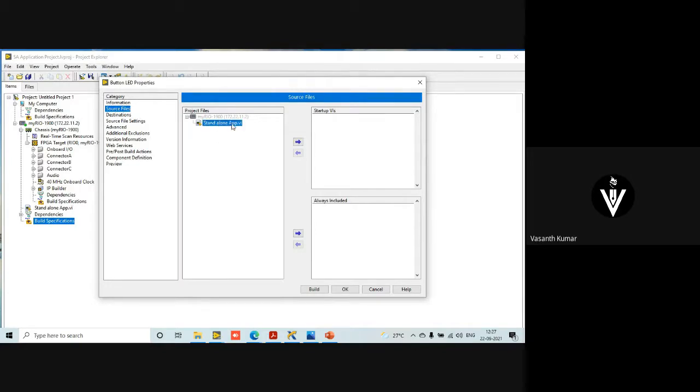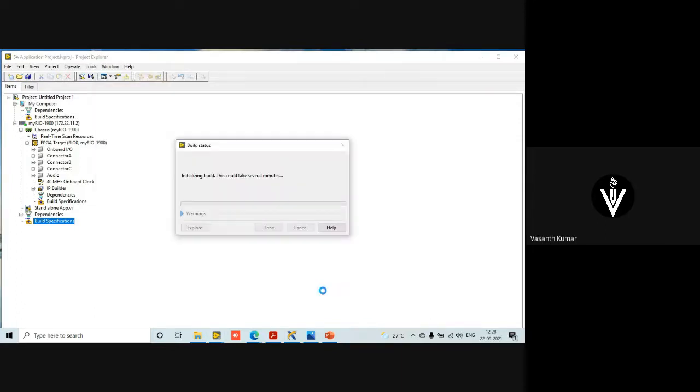So I want this standalone application VI, where inside I have a button and an LED application, right? So that I want to be a standalone. So I'll just push it inside, just see there. I'll click on this, push it inside. I want to take it out, click on this, push it out. I'll click on this and push this into a startup VI. All right. If you have any other subprograms or modules involved, just include them here. Right now, I don't have anything as such. So I'm only pushing my actual application into this, and I'm going to say build.